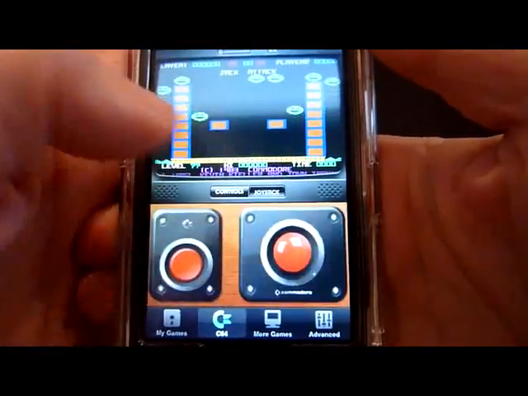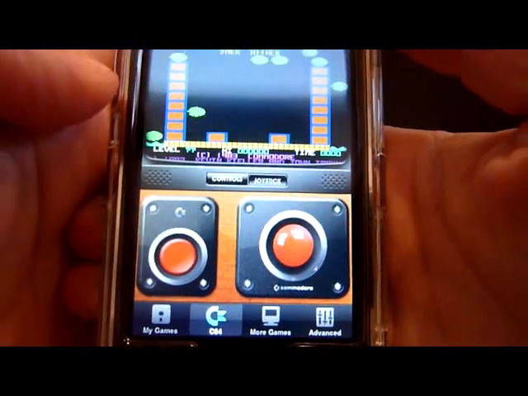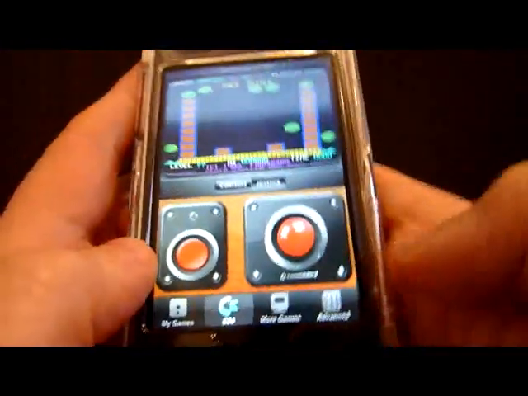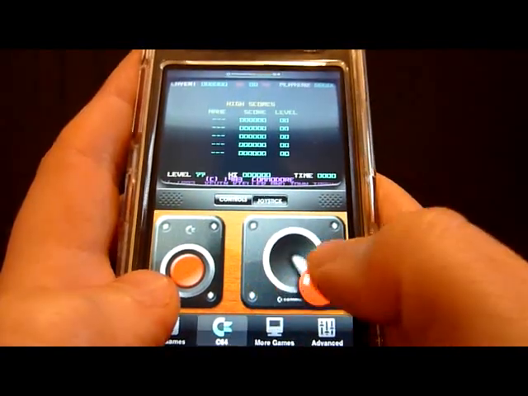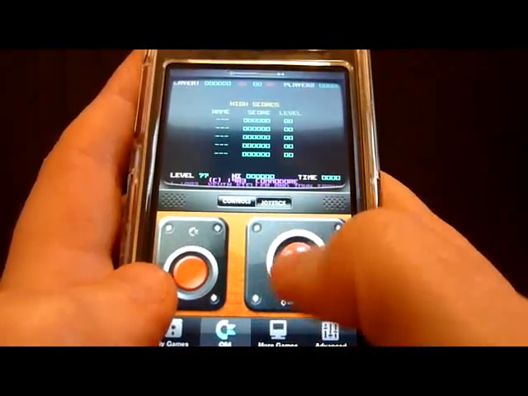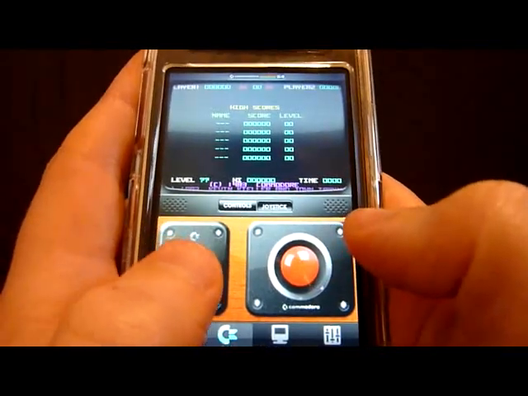So if you click on the joystick, it brings up the joystick control on the screen. As you can see, you've got the virtual controller on the screen. You move it up, move it around. The controller takes moves from how your thumb moves. Pressing the fire button